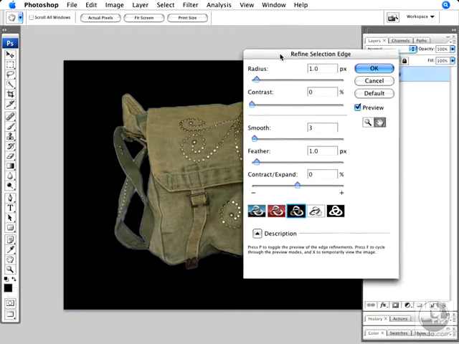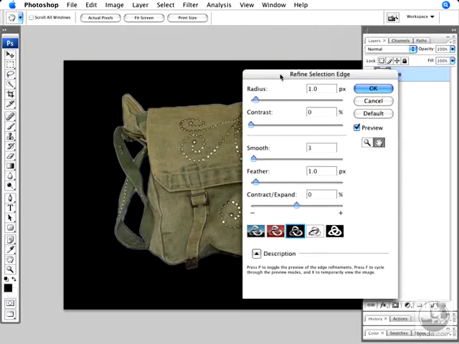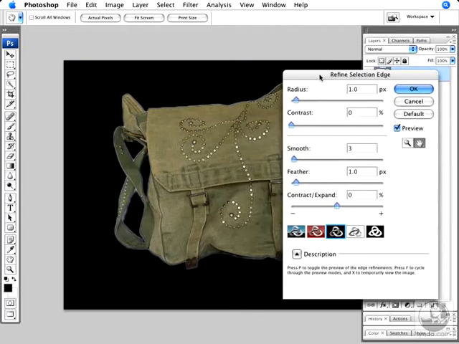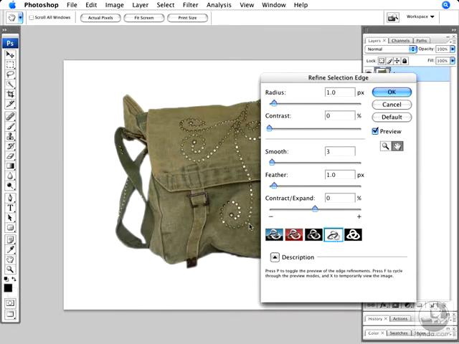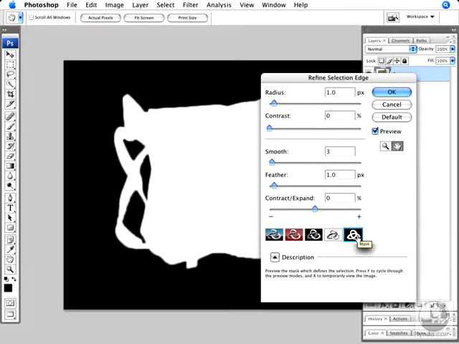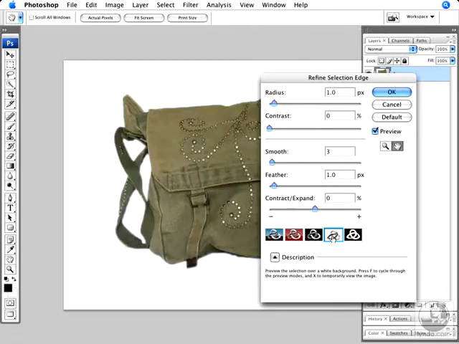This is usually the best view to see just how accurate your mask really is. You can see that by default, the Quick Selection tool created a very soft anti-alias selection. We'll talk about refining that in just a second. Here you can see it against a white background. Again, you can see how soft and fuzzy that edge is. Or you can view just the mask by itself as you would in an alpha channel. I'm going to go back to the white mask here, or the white preview.